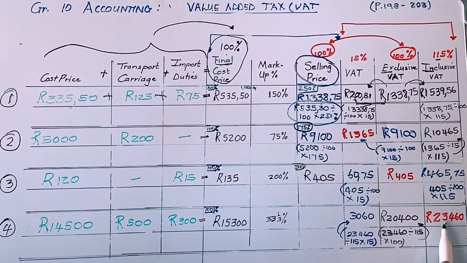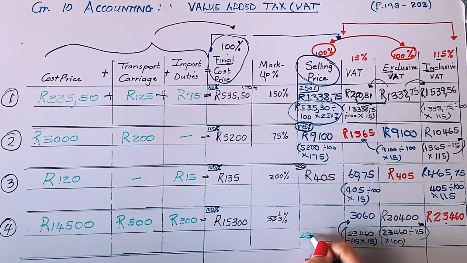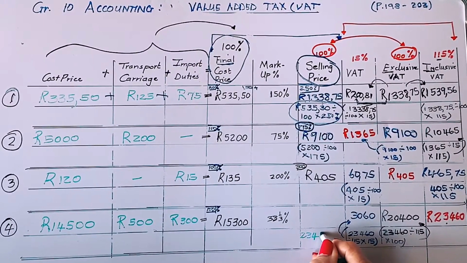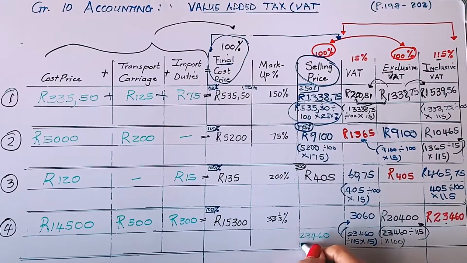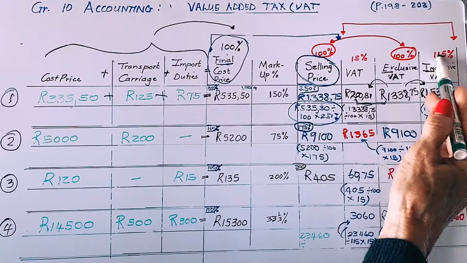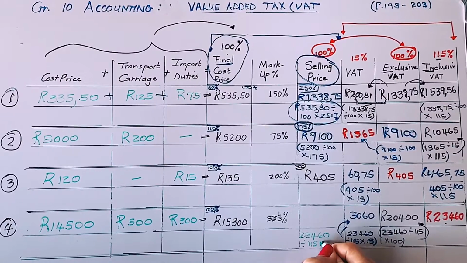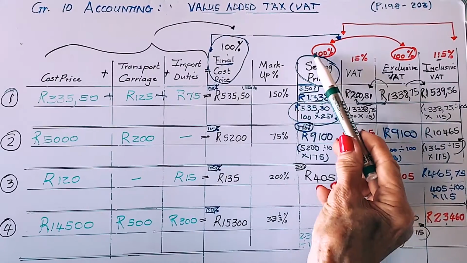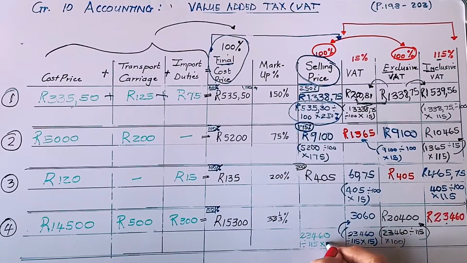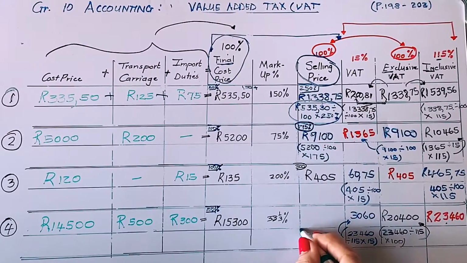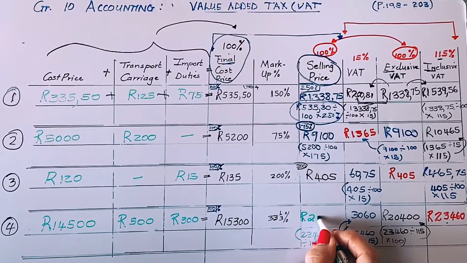So I start again in my calculation with the original amount they gave me of 23,460 divided by its percentage value, 115, times by the exclusive amount, of 100, and that will be also equal to the selling price of